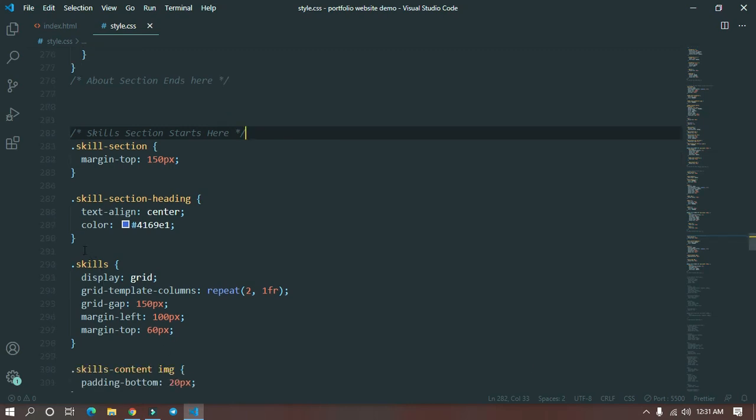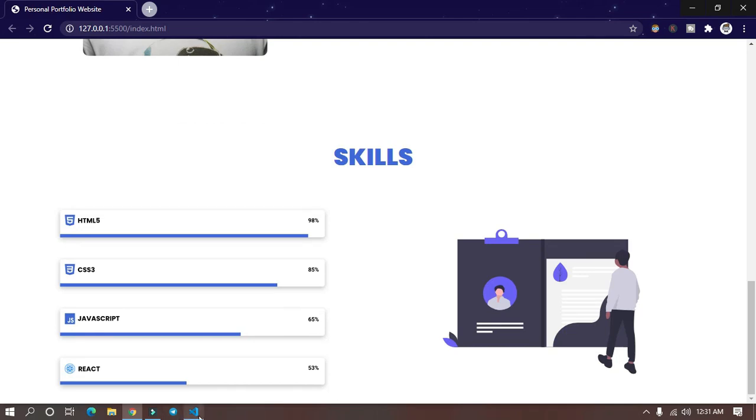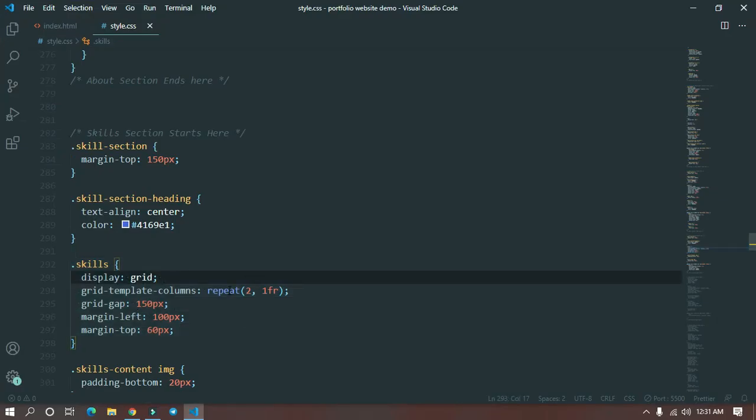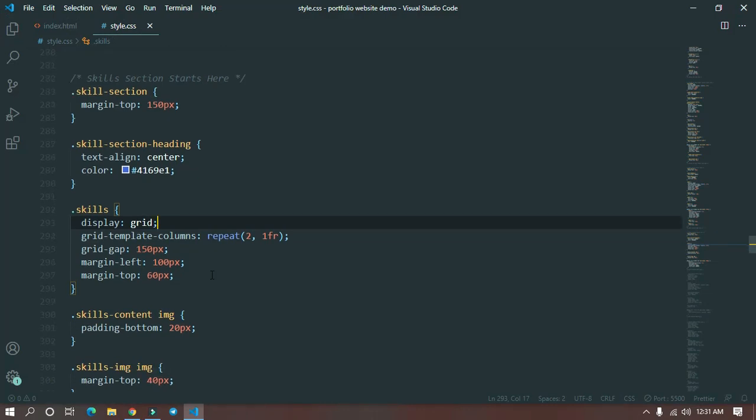Now for the skill content, like these two, we have displayed them as grid. We have divided it into two columns, with a grid gap of 150 pixels, margin left 100 pixels, and margin top 60 pixels. This is one column, this is the second, this is the grid gap between them, this is the margin left area, and this is the margin top.